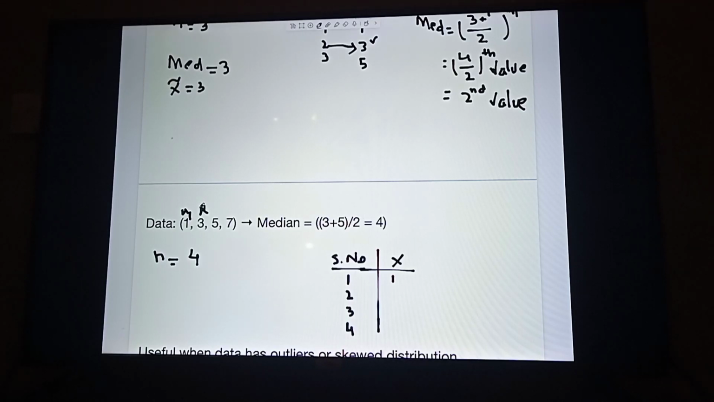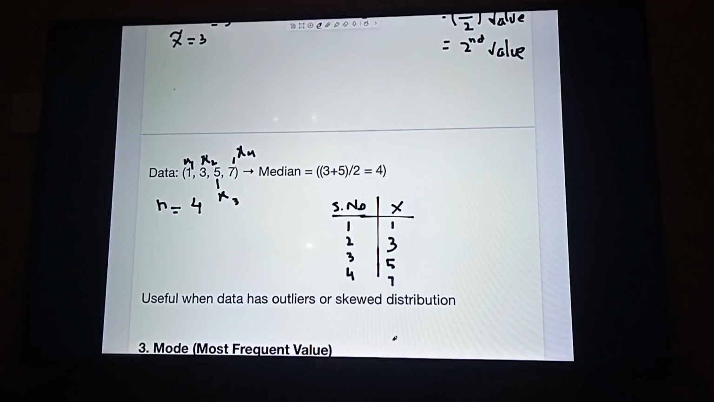x3 suppose, and this is x4 suppose. Okay, first one is 1, second value is 3, which is x2, third value is 5, which is x3, and fourth value is 7. So according to the formula,